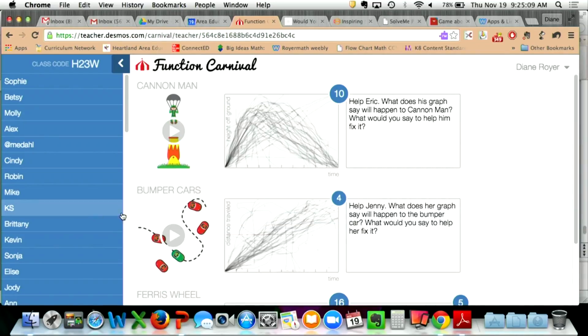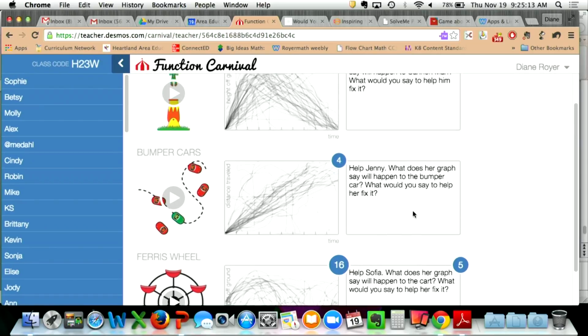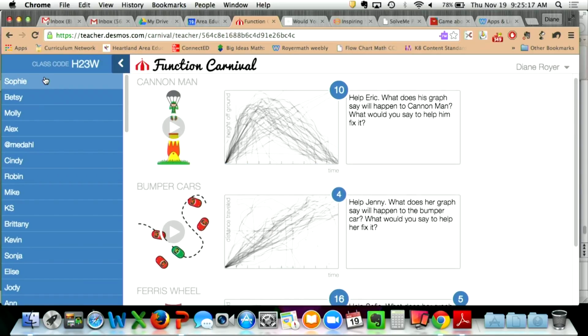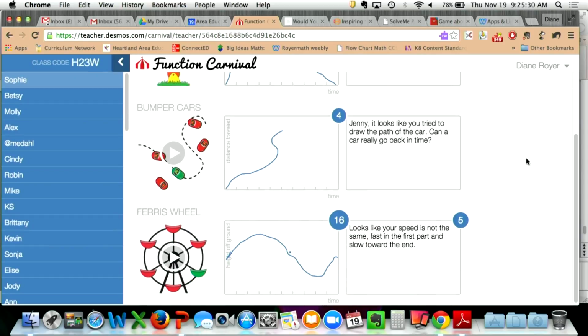So here I am on the Desmos site, and here was all of our work going in, and here are the things that people are doing, so I get to see all the interesting things that my students have done. And I could pick on someone. Now, I happen to know Sophie is not in this room. So you can pick on a person, and you can say what they're talking about. And so this is just Sophie's work and what Sophie put in there.